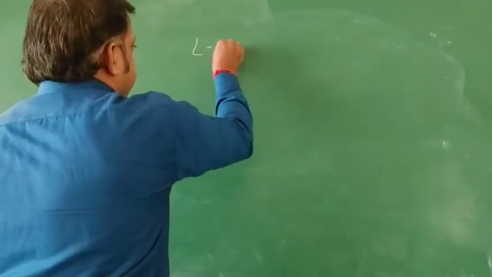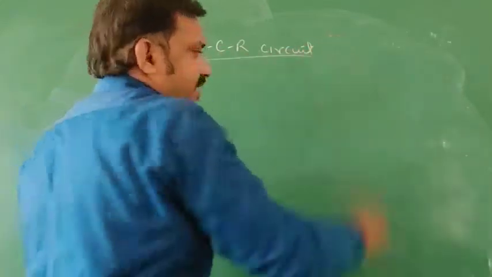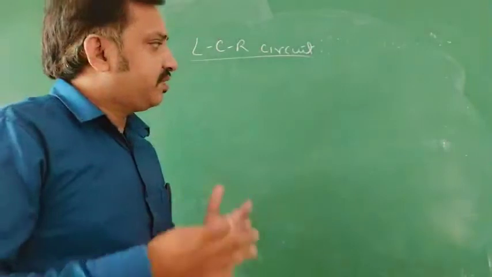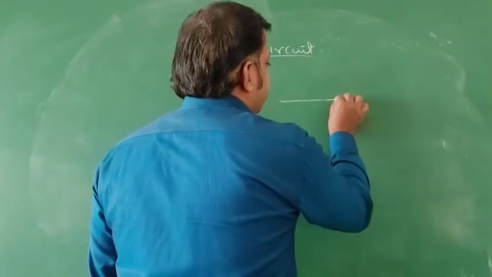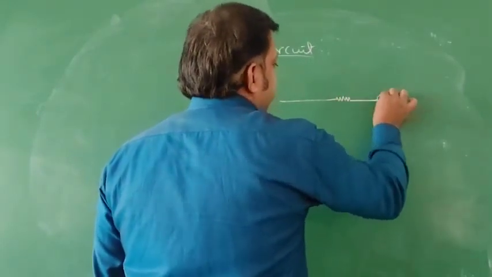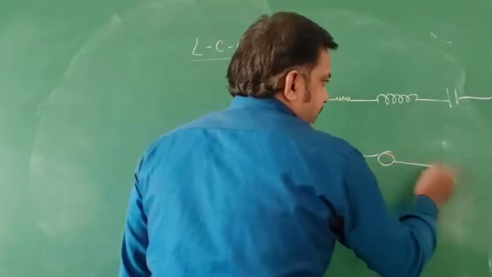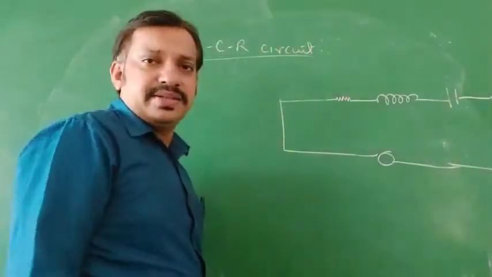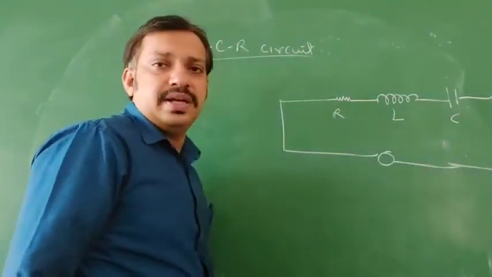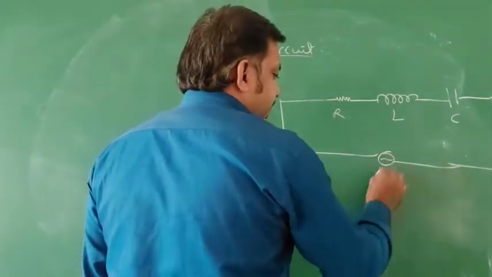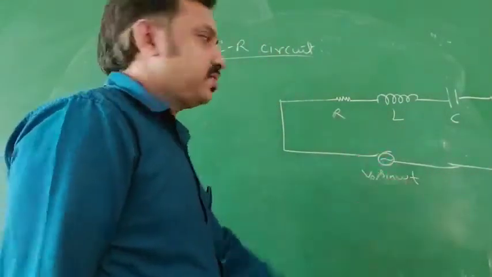So for the LCR circuit, we will discuss what the phasor is and what kind of behavior you will get. Let us see a simple circuit. Here the resistance, the inductor and then the capacitor are connected with a time varying signal. This one is R, this one L and this one C. This RLC is connected with the time varying signal, which is V naught sine omega t.